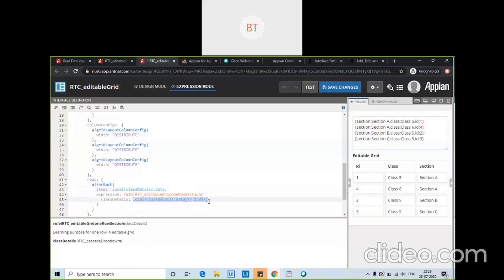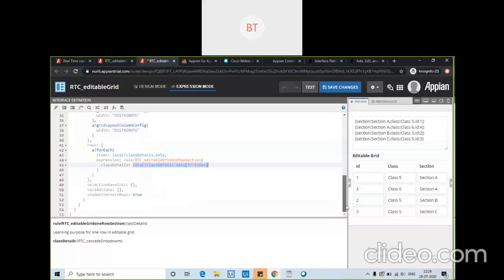Okay, so this editable grid actually comes up very frequently in real-time cases. Generally they ask for add, modify, delete, all the scenarios. But this can be a little messy for you, so today I am only showing you how to take the data and print the data in editable grid mode. Tomorrow I will show you the add, and I will be happy if you can try the add and delete part, at least think about it. Otherwise I will take it tomorrow. Okay, add and delete part.